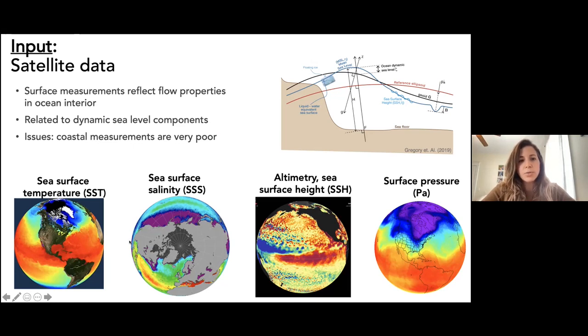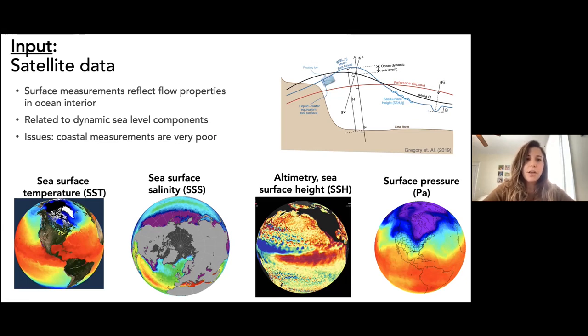So all of these will be reflected in, I just chose a few properties that I could think of, as well as ones that we have measurements from satellites. But here we've got sea surface temperature, sea surface salinity, altimetry, which is sea surface height, which is similar to what I showed you earlier, and atmospheric surface pressure. And all of these properties are related, although in a complex way,